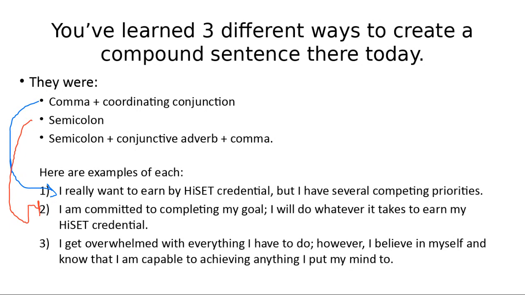Lastly, number 3 is an example of kind of a more complicated way of putting them together, which is to use a semicolon, a conjunctive adverb, and a comma. And it would look something like this. I get overwhelmed with everything I have to do; however, I believe in myself and know that I am capable to achieve anything I put my mind to. Probably I might, if I was revising this sentence, make this, I believe in myself and know that I am capable of achieving. So this 2 should be of, just